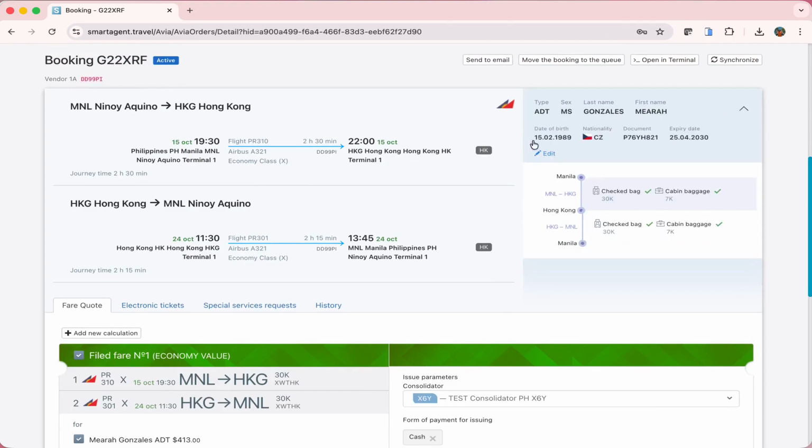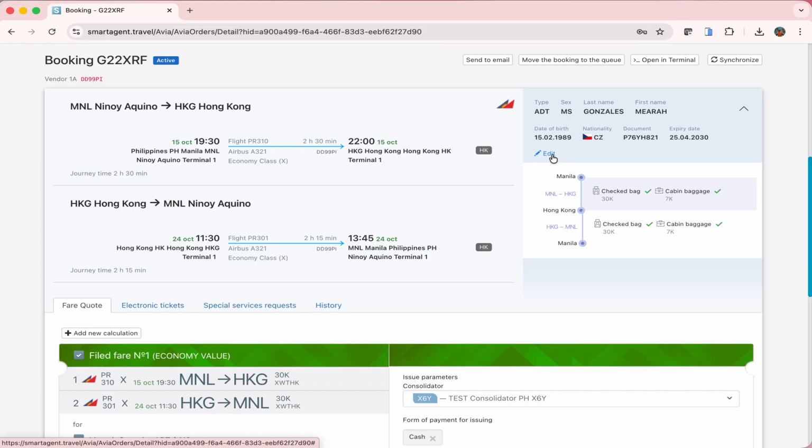You can see that there is an edit button here. Yes, the passenger documentation can be updated here, but it's just going to be added onto the existing SSR DOCS. So you still have to manually delete the previously entered document information and then stick to the new one. So in any case that the passport information should be updated, you can do it already in SmartPoint. Scrolling down, I already